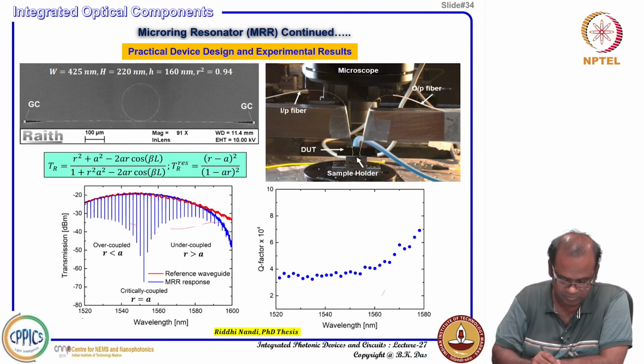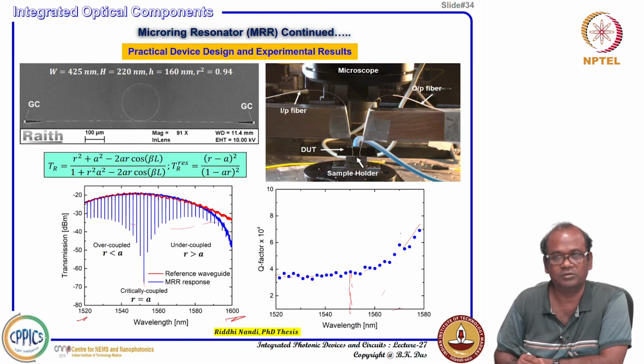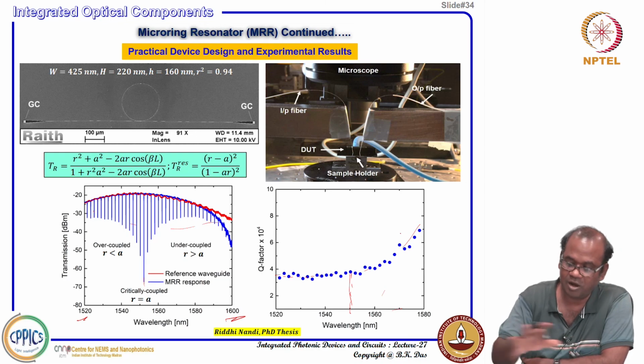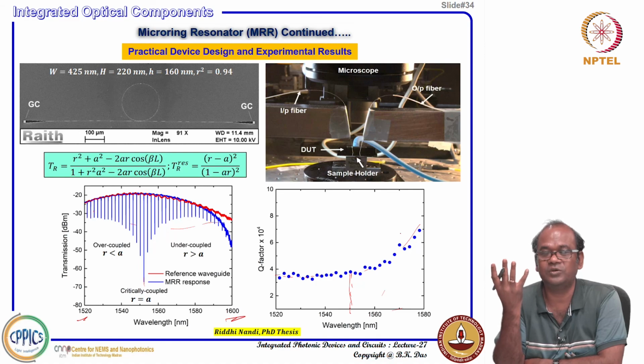You see, towards 1520 to 1600 nanometer we have the data, and initially the Q values are low, low means about 3 into 10 to the power 4, 30,000 or so, and then as you go to longer wavelength in this region, so this is around the critical wavelength. So, around the critical wavelength the Q value is about 30,000, as you go further you can go up to 80,000. Some of the ring resonators we have developed have a Q value of more than 10 to the power 5, that means 1 lakh or so. Okay. So, this is how we can design the ring resonator, we can get whatever desired FSR, we can actually design whatever